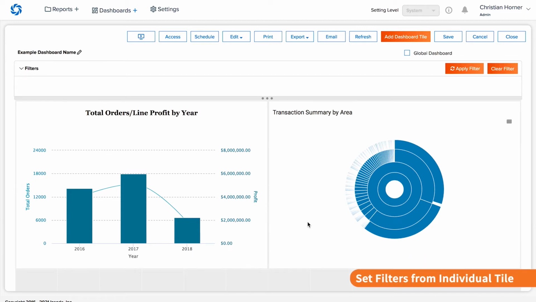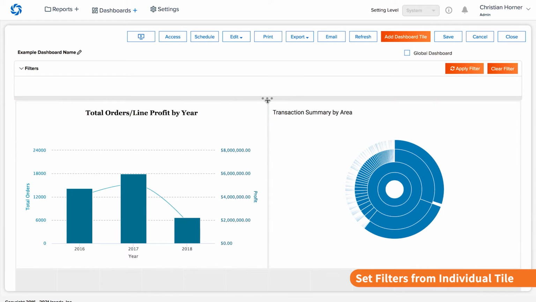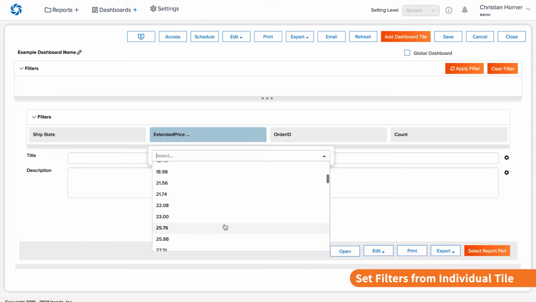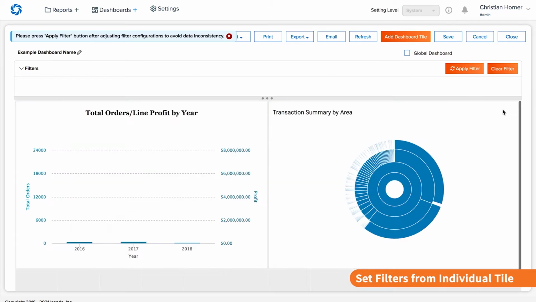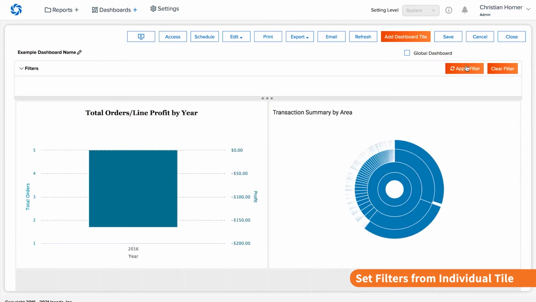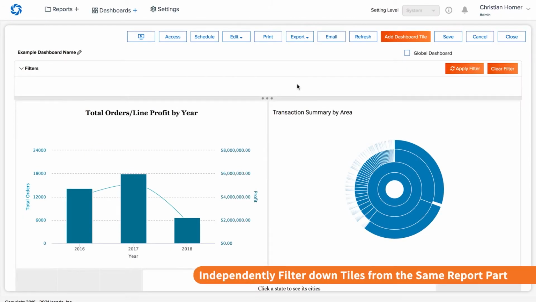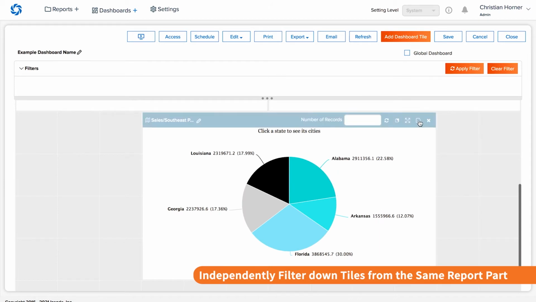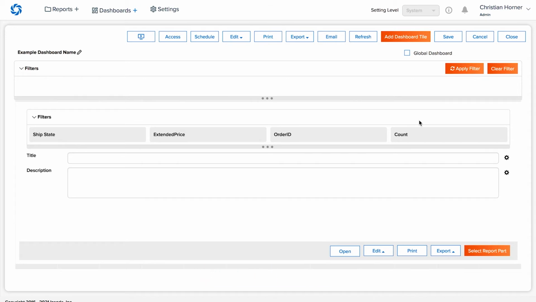Each tile, like on a report designer, has an interactive blue bar at the top of the report part tile. Selecting the configuration mode option, located here, flips the tile over and shows any filters for that one report part tile. Adjusting filters and then flipping the tile over will show the changes in real time. If we have multiple report parts from the same report, but one report part from a different one without common filters, we can independently filter down tiles from the same report part as well.